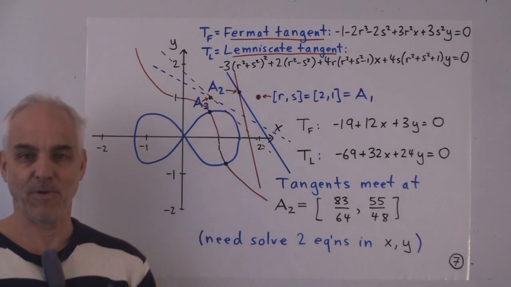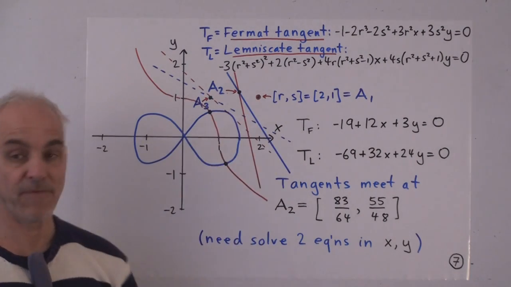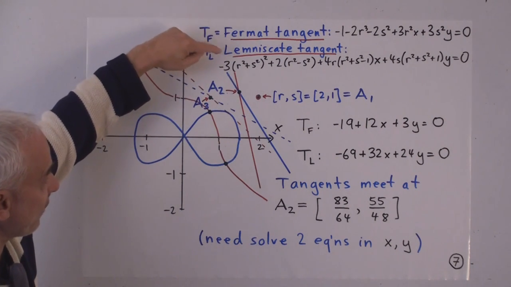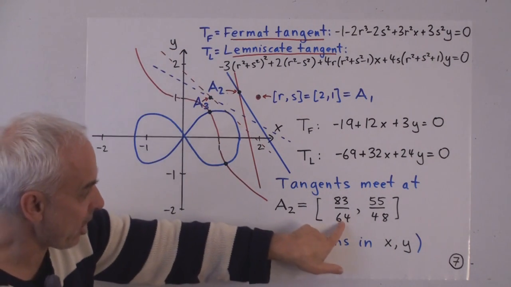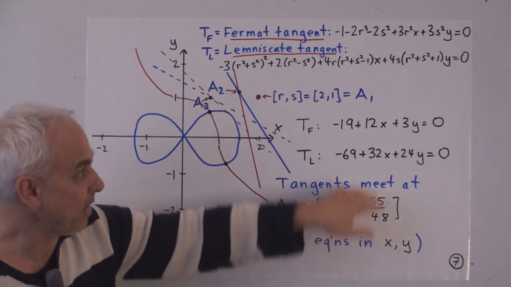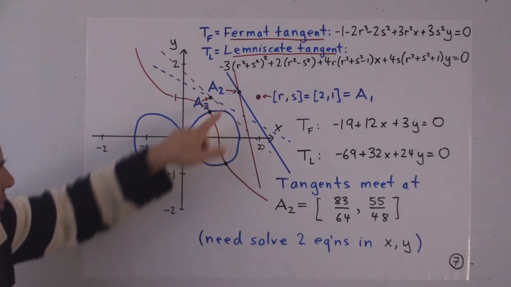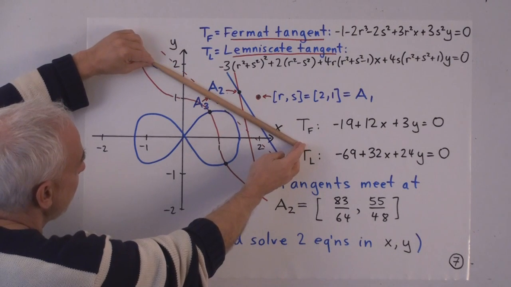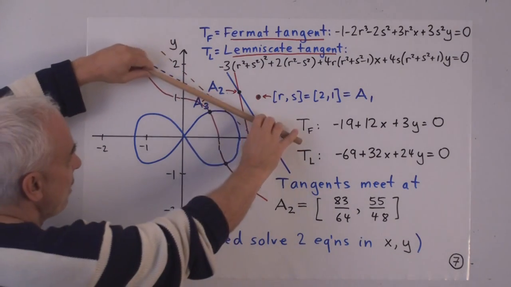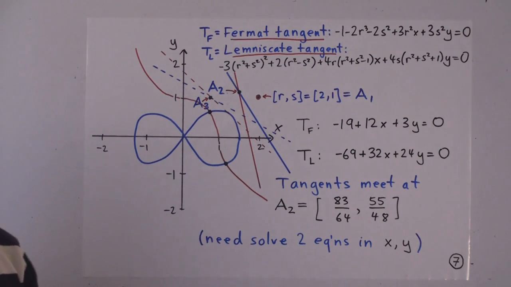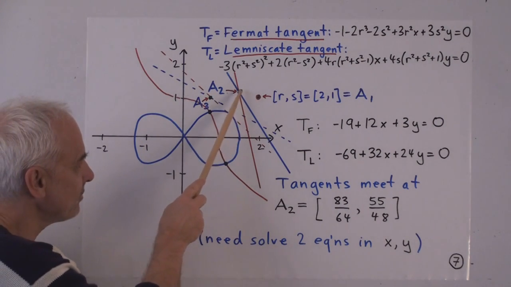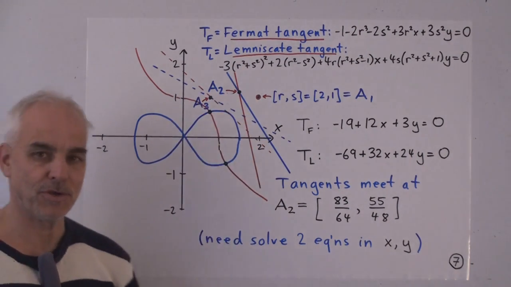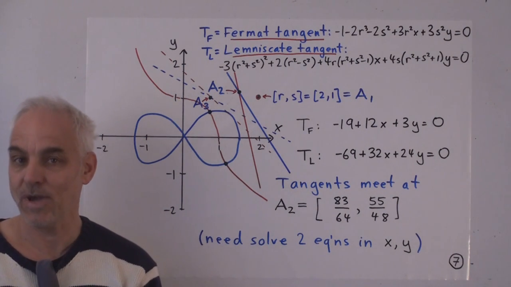And then we can repeat the process using this point now instead of the first one. We can figure out what is the tangent to the Fermat curve and the lemniscate at this point, namely when r is this and when s is this. Plug those back in there. Well, it turns out that the Fermat curve has tangent this one here, and the lemniscate has tangent this one here, and those two lines will meet at this new point A3. So we can iterate. And if we keep going, we're going to get closer and closer to that meet of the two algebraic curves.